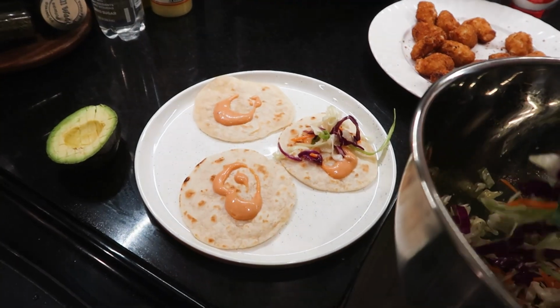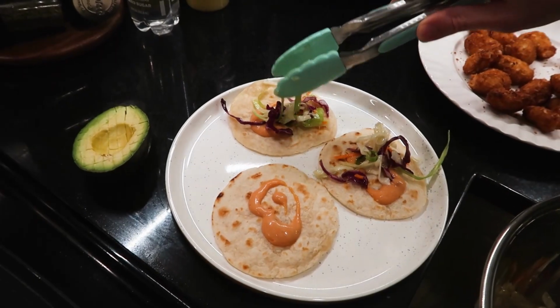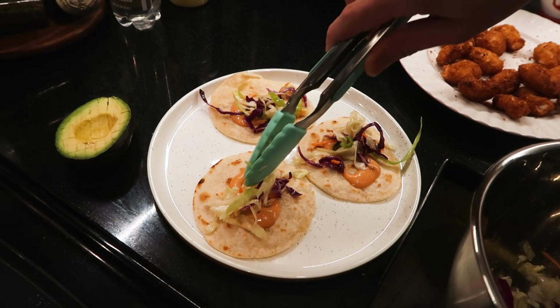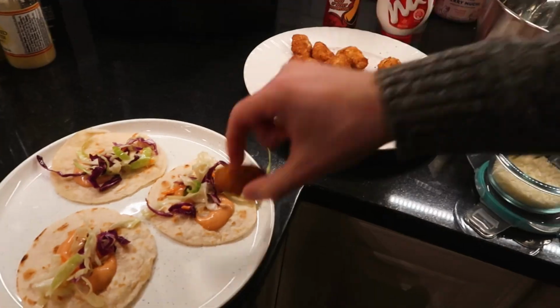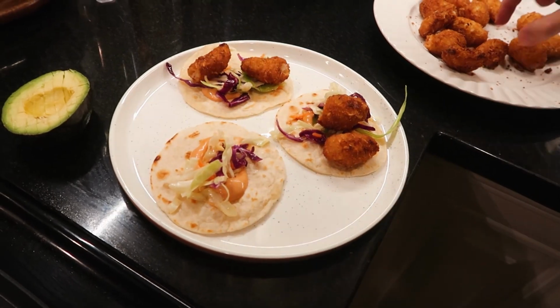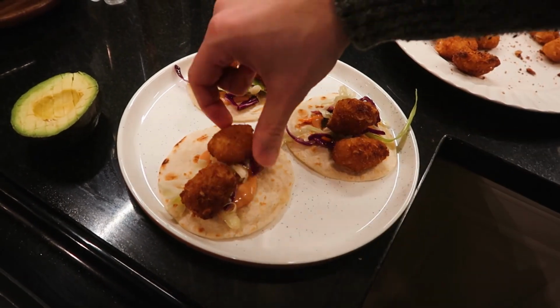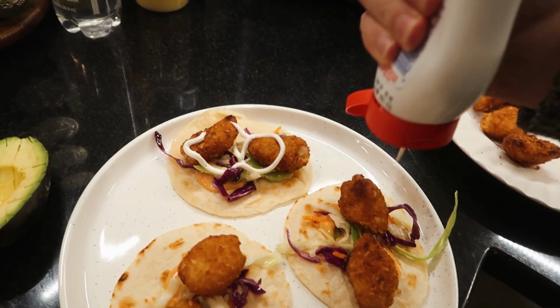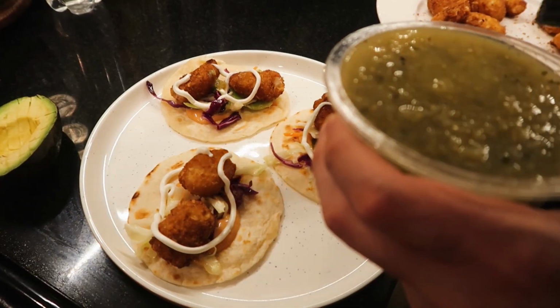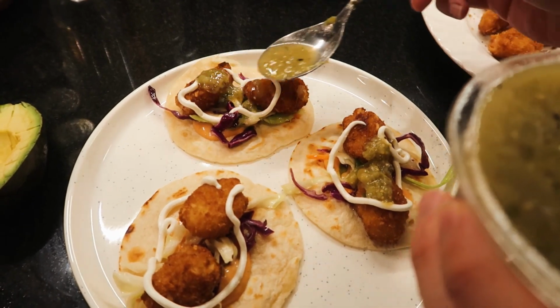And then it's basically assembly time. My husband actually tried to experiment with the burger sauce and he added it to his tacos, but I skipped that on mine. So you basically put everything that we just prepped however you like. We started with the cabbage, then added the shrimp. We also added sour cream, which I forgot to mention in the beginning, but I think it's better with sour cream. Then we're adding the salsa,